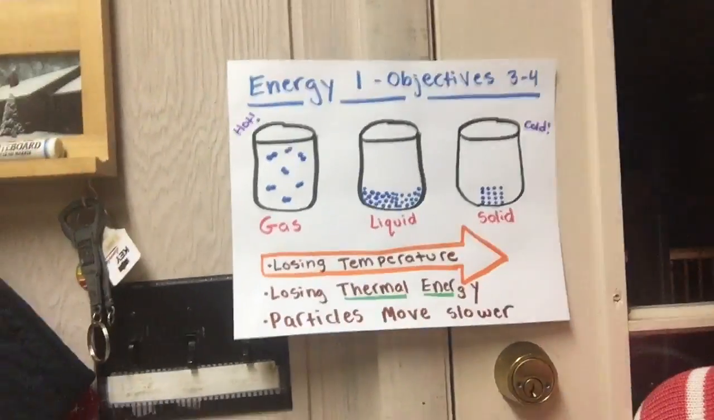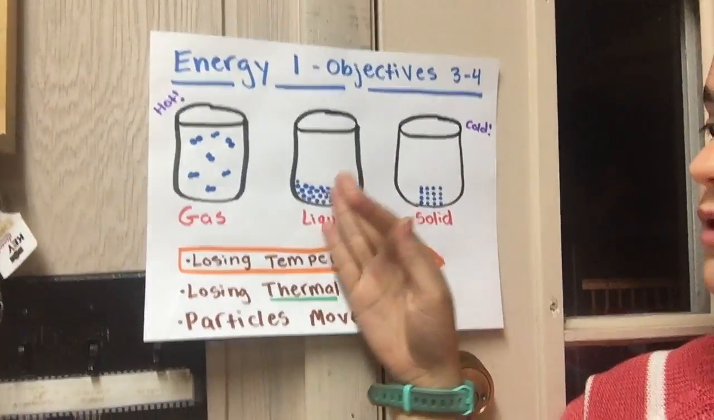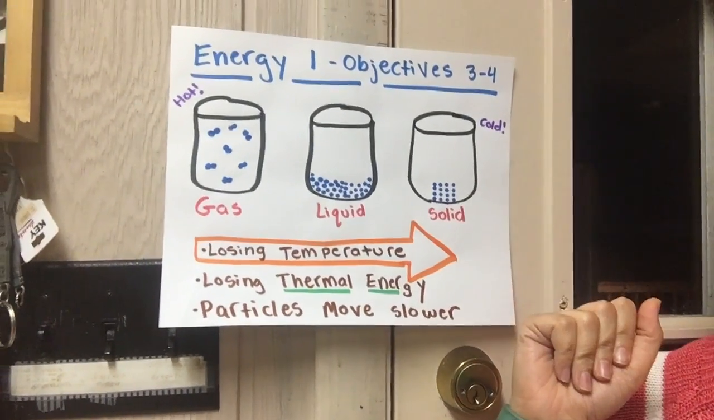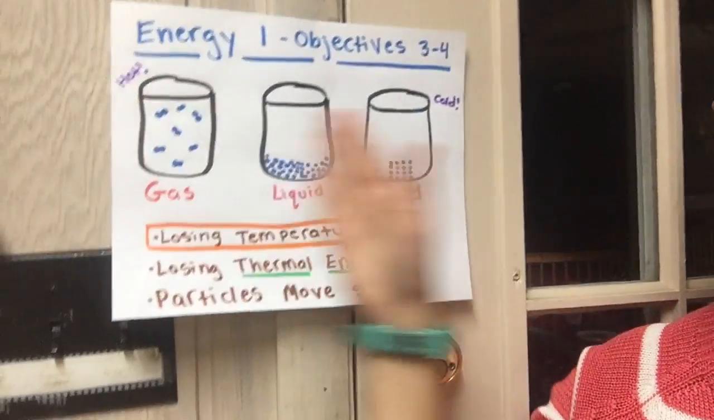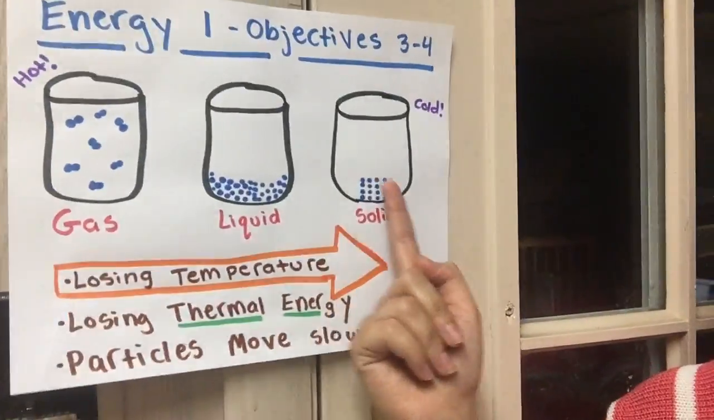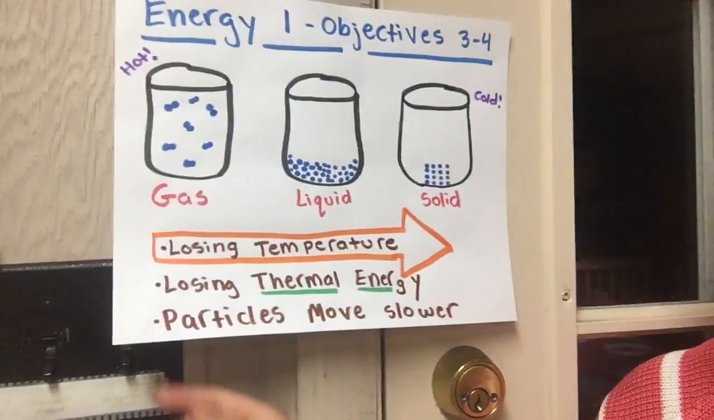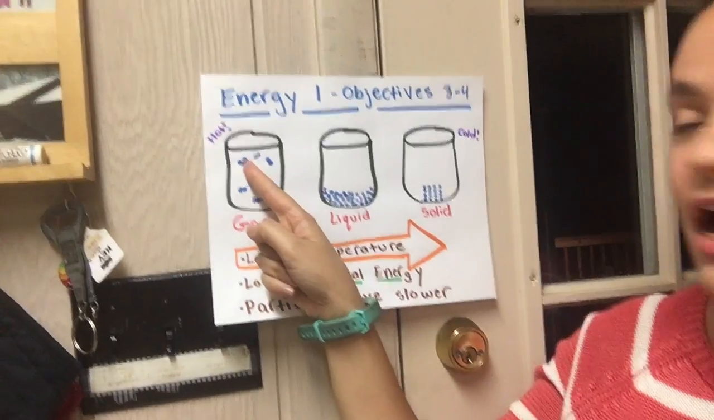So as something goes from gas to liquid, then to a solid, it actually loses temperature, which means it gets colder, right? It goes from hot to cold, or it can go the other way around, right? It goes from cold to hot. Could go either way. At the same time, it's losing something called thermal energy,